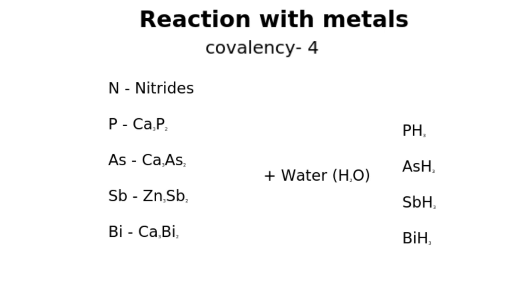So on reaction with water, they all form, I missed nitrogen also, no? Ca3N2 will exist, and with water it will form NH3. So all the elements form hydrides. Okay. Now next